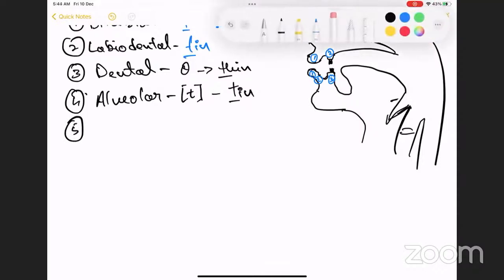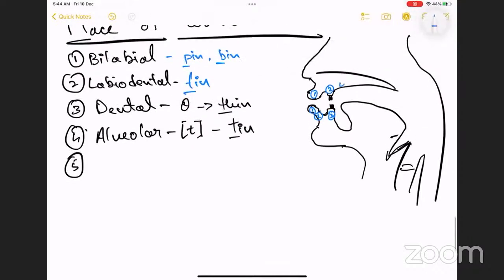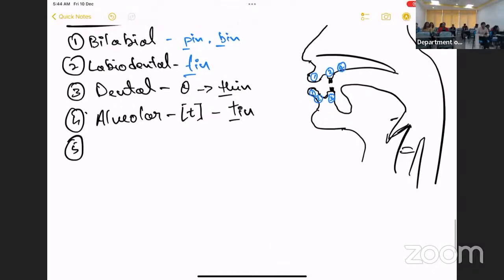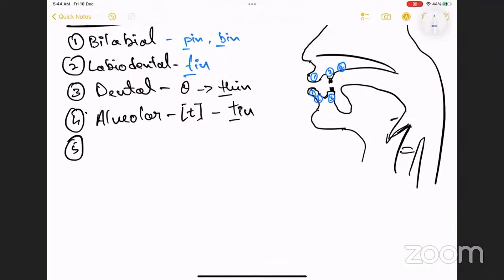Are you able to distinguish the two? Yes. I hope you can. Otherwise you'll have to do it by yourself again later, because it is possible, but maybe for the first time it might be a little difficult. Then you have the